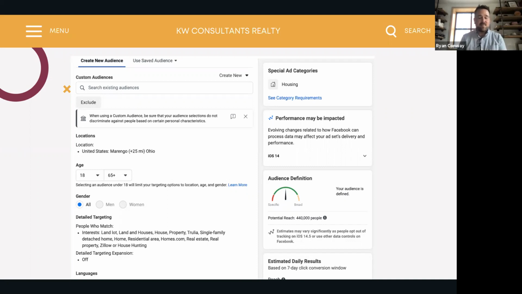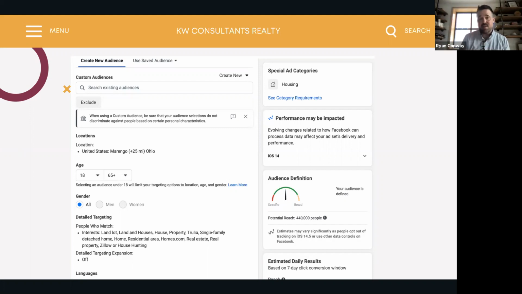The narrowest radius I mentioned before is 15 miles, just so it doesn't create any sort of geographic discrimination. There's been a lot of conversation around coming soon marketing about that. If I was promoting a property in Dublin and only had a sign out front, but the buyer lives over in New Albany, and the only way they would see that property is because they drove past and saw the sign, that's geographic discrimination. So when we do coming soon, that's why it has to be in the MLS. That's so everybody has an equal chance to see it. So this helps create more of the advertising push towards those geographic areas, and it doesn't violate that.